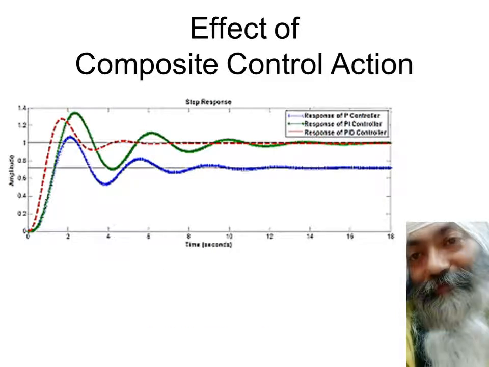Dear friends, this is a beautiful graph which I was ultimately able to get to. I introduce a step change. So you can see this is 1. It's a servo problem. And what if it is a second order system? What if I go in for only a proportional controller?